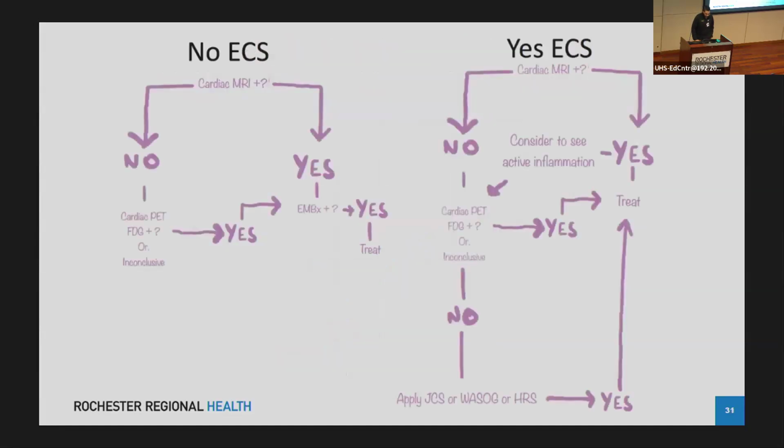So getting back to the algorithm, after obtaining the cardiac MRI results, the management diverges based on the presence or absence of extracardiac sarcoidosis. If extracardiac involvement is confirmed and the MRI is positive, then you initiate treatment. Without extracardiac involvement, an endomyocardial biopsy is recommended. If the MRI results are inconclusive or negative in the